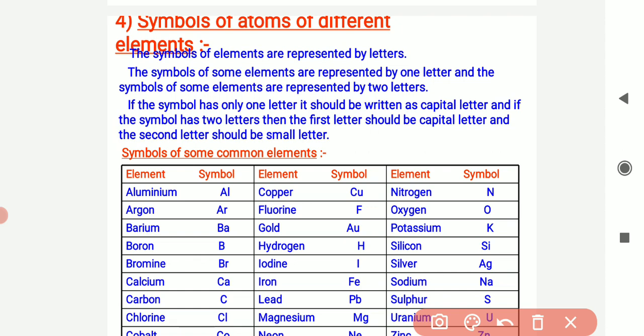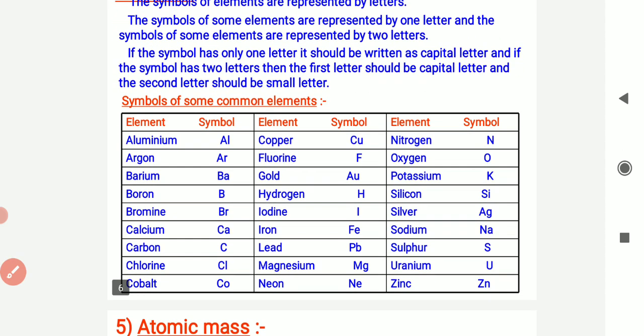Next one is bromine. Its symbol is Br. Next one is calcium, that's Ca. Next one is carbon, that is C. Next one is chlorine, that is Cl. Now you will say why isn't there an H in the spelling? Because we were told that the first two letters can be taken. We have discussed that the symbols of some elements have two letters, but they need not be the first two letters, so any two letters can be taken. That's why you should learn it properly, so that you will not have difficulties in next classes.